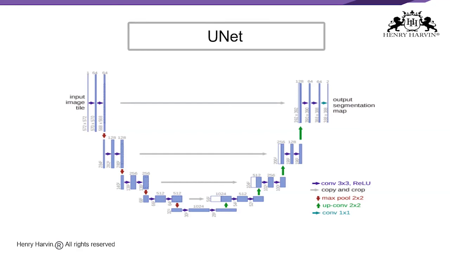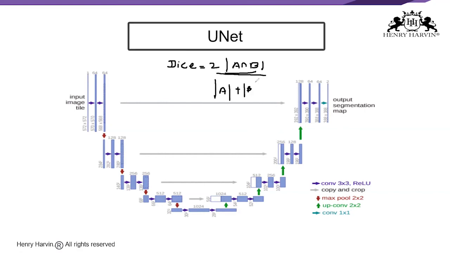There is another popular loss function for image segmentation, that is the Dice coefficient, which is essentially a measure of overlap between two samples. This ranges from 0 to 1, where a Dice coefficient of 1 means perfect and complete overlap. The Dice coefficient was originally developed for binary data, and it can be calculated as Dice = 2|A∩B| / (|A| + |B|), right? A∩B represents the common elements between A and B, |A| represents the number of elements in set A, and |B| represents the number of elements in set B.